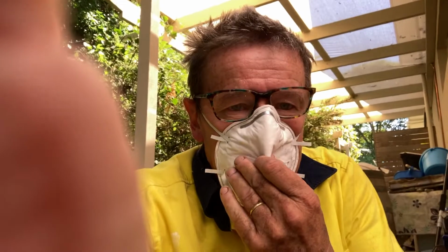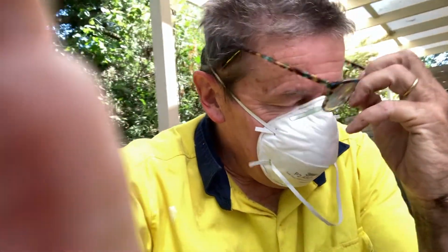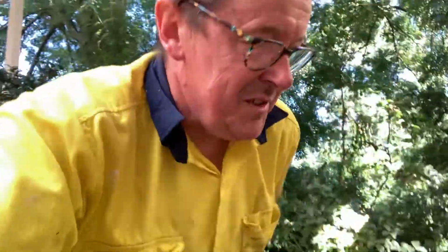Oh boy, there's no quicker way to get this done. This is the longest, most arduous task. Just let me get my PPE gear on. There's no quicker way to get this arduous task done but to hand sand it. I investigated getting a big drum sander. It's like a sort of a motor mower, I suppose. You push it from above and hire them from Bunnings, but